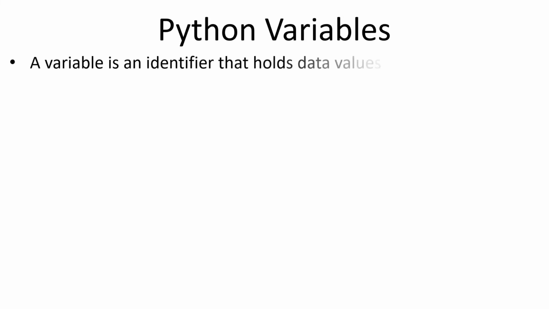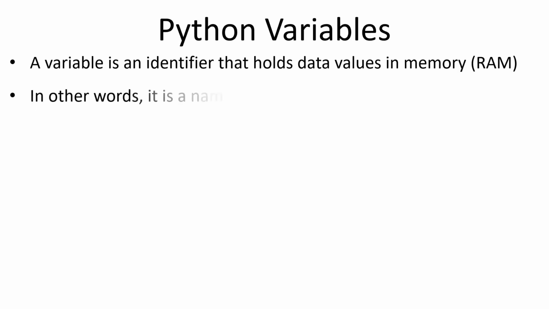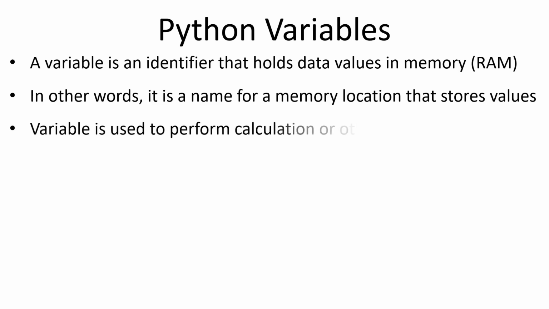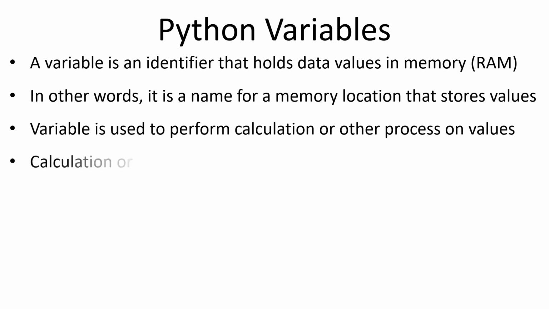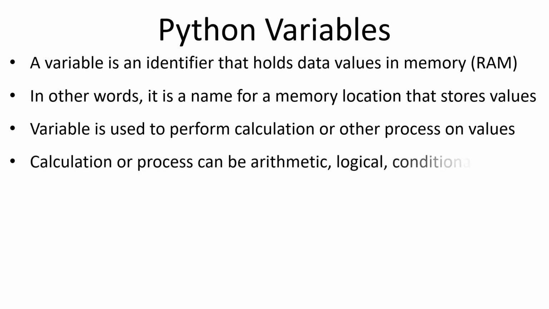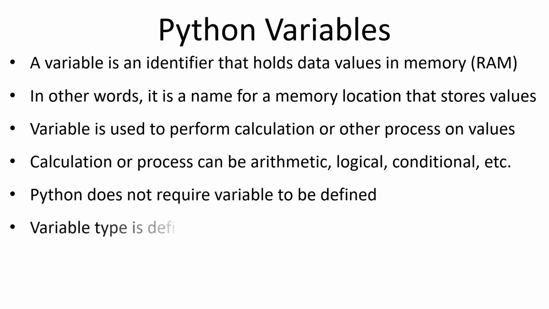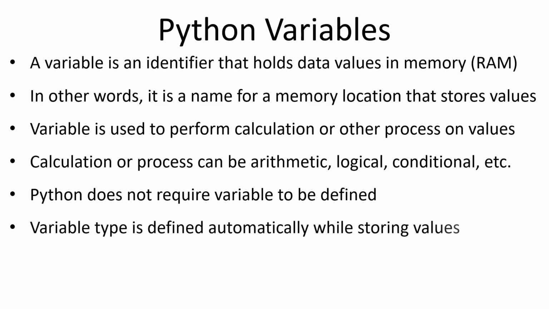A variable in the Python language is an identifier that holds data values in random access memory. In other words, it can be defined as a name for a memory location that is used to store values of different types. Values can be numeric, alphanumeric, Boolean, etc. Using variables, we can perform various types of mathematical calculations or other processes like arithmetic, logical, and so on